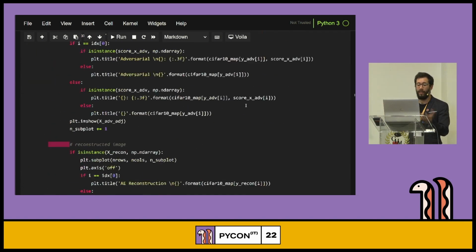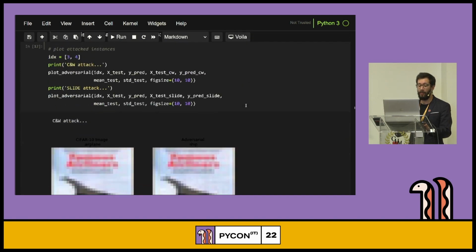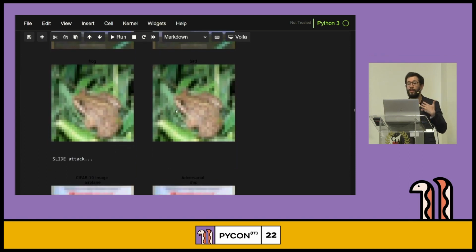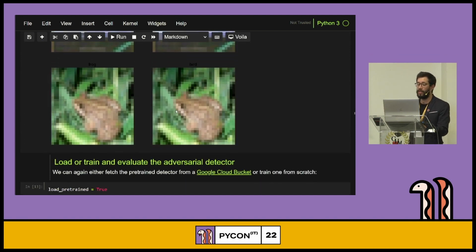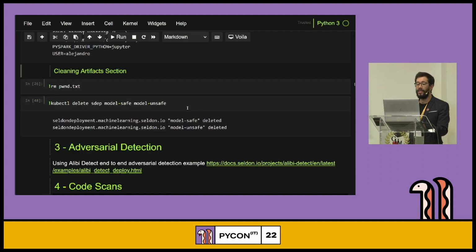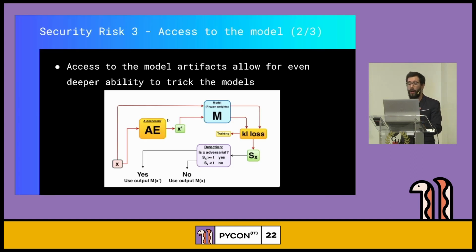And here you can actually see different techniques that would allow you to generate some of the specific adversarial examples and perform some adversarial attacks, as well as trying to reduce some of the statistical noise for that. But that gives you some very intuitive idea of some of the challenges that you may be facing with unrestricted black box model access to your models.